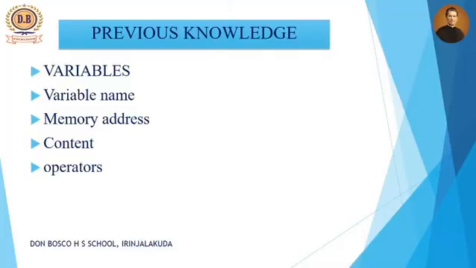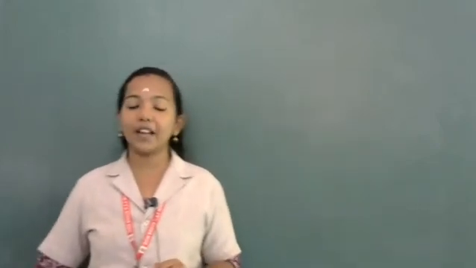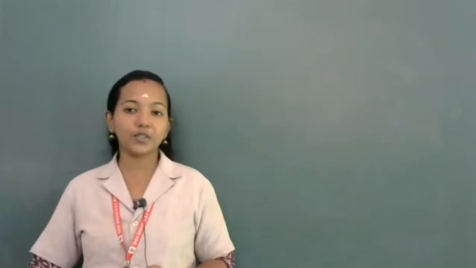So in the previous video we discussed variables. Variables are the identifiers used to represent memory location, and we also discussed the three aspects of variables. Which are the aspects of a variable? Variable name, memory address or L value, and content or R value. Then we discussed some of the operators of C++. Operators means arithmetic operators and also one special operator called the modulus operator. For the modulus operator, we use the percentage symbol.